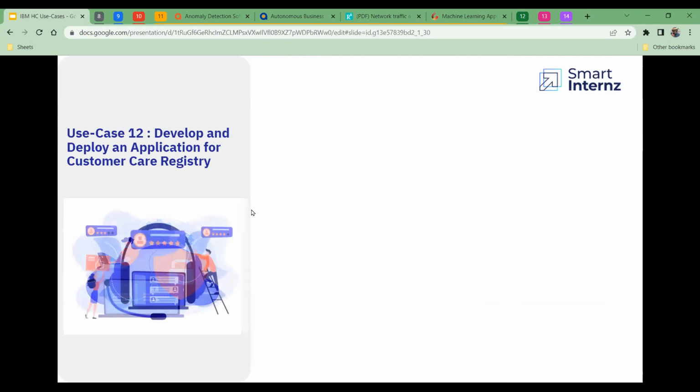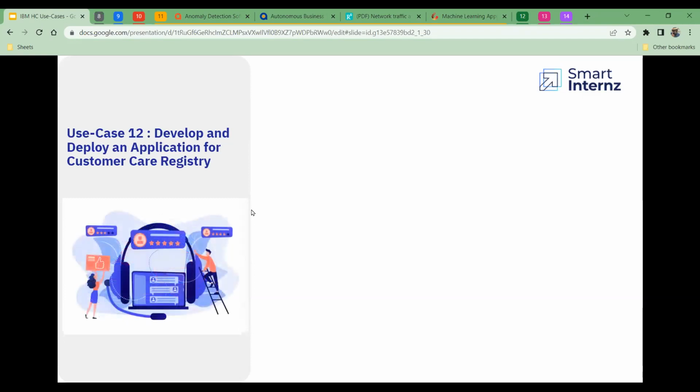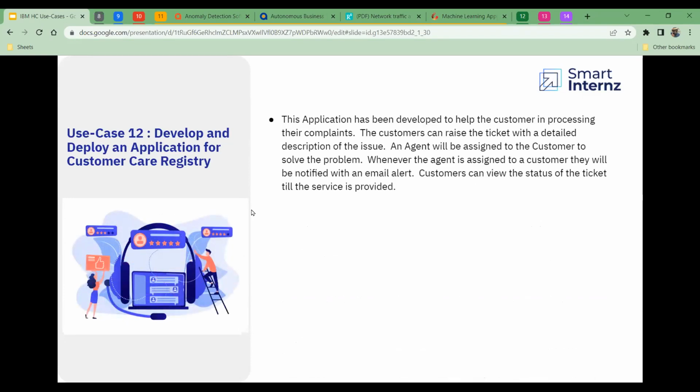That's the development and deployment of an application for customer care registry. So this one mainly talks about